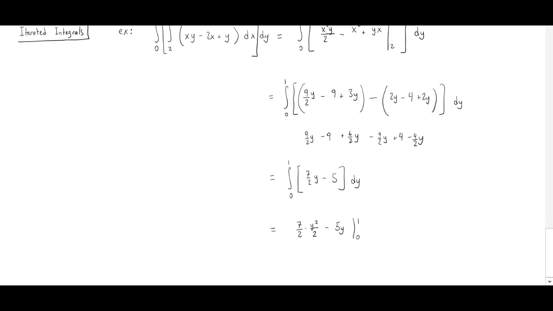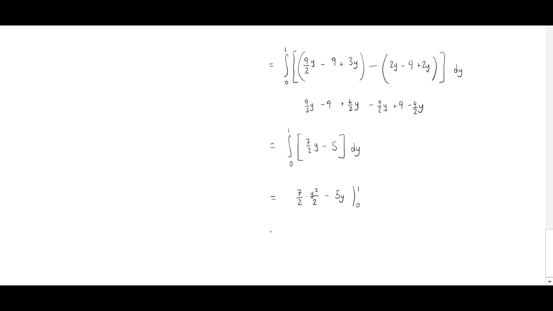So if I plug in 1 for y, I get 7/4 minus 5. And then this time, when you plug in 0 for y, everything becomes 0. So then, ultimately, my final answer is 7/4 minus 5. Okay, all right. So in this class, if you're somewhat rusty on your integration,